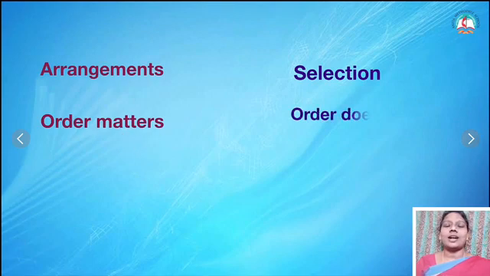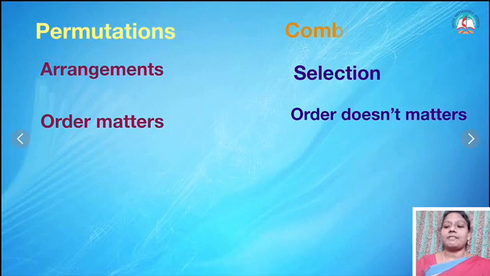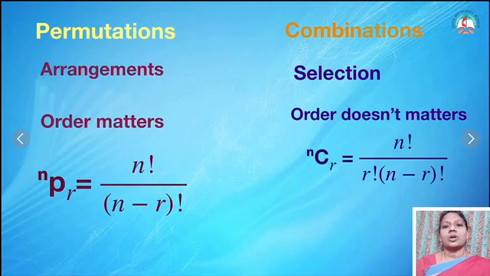But here the order doesn't matter. So these are called permutations and this is called combinations. If I am selecting something and order doesn't matter, then that is called combinations. Is that clear? Here we have a formula, already we know this. Now this is a new formula to find combinations: nCr is equal to n factorial by r factorial into n minus r factorial. That is I am selecting, so my combination becomes 1, that is the order becomes 1. Like a set, we will count once, we will not count twice.